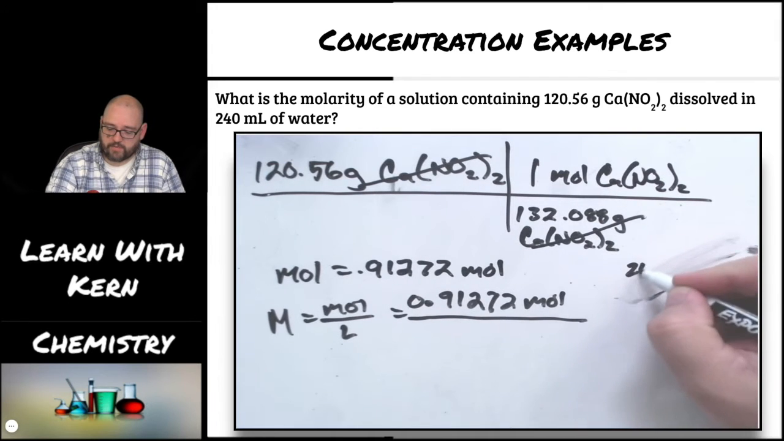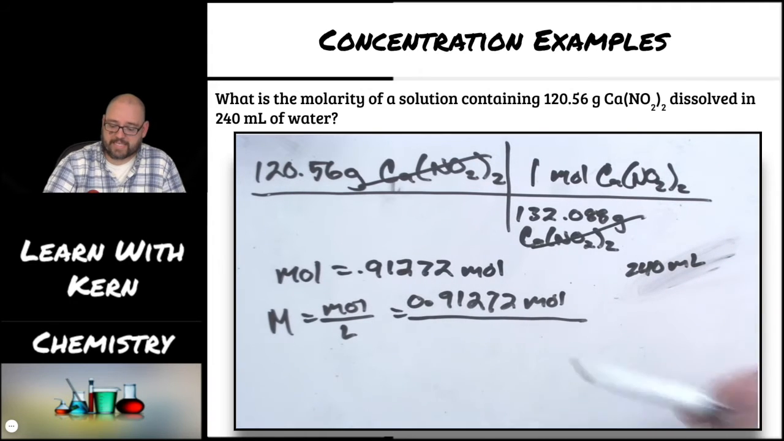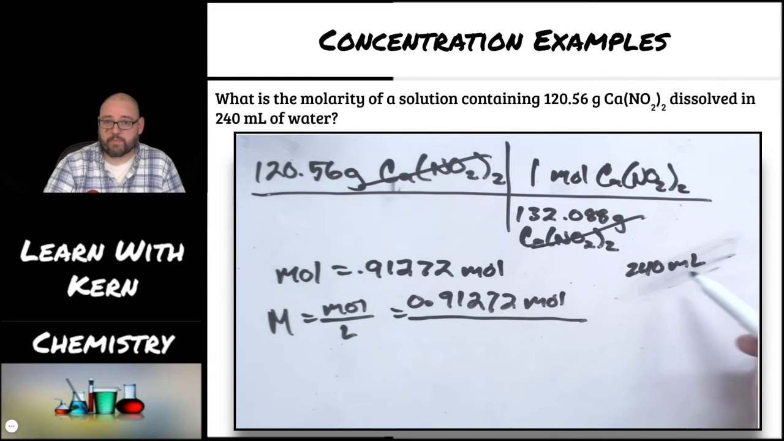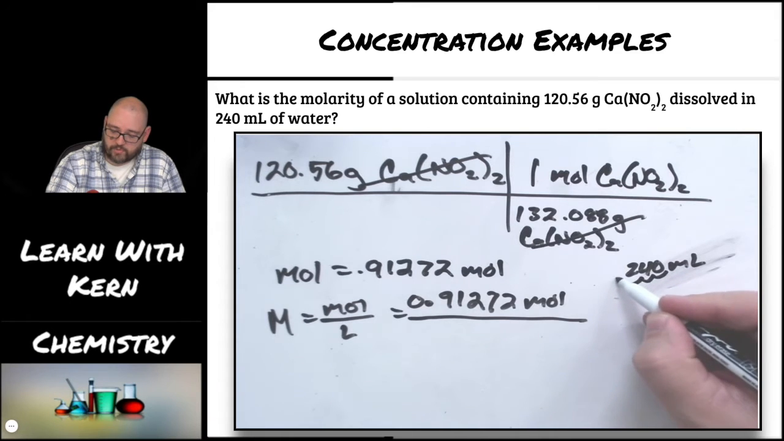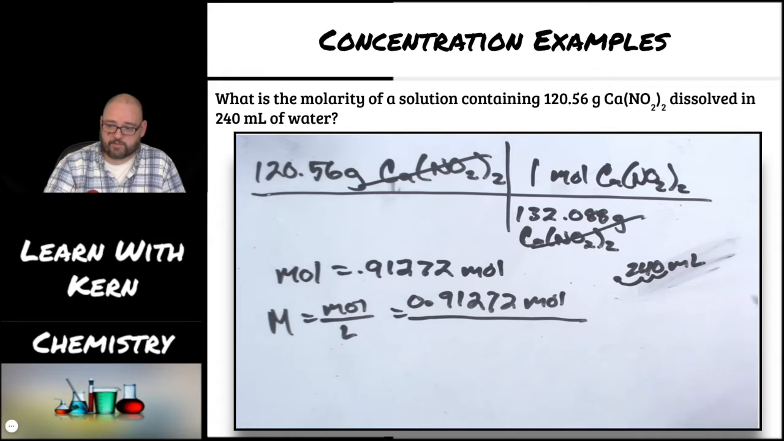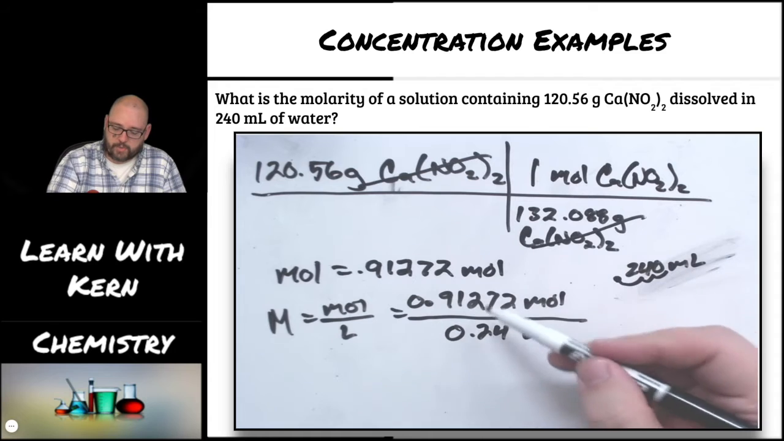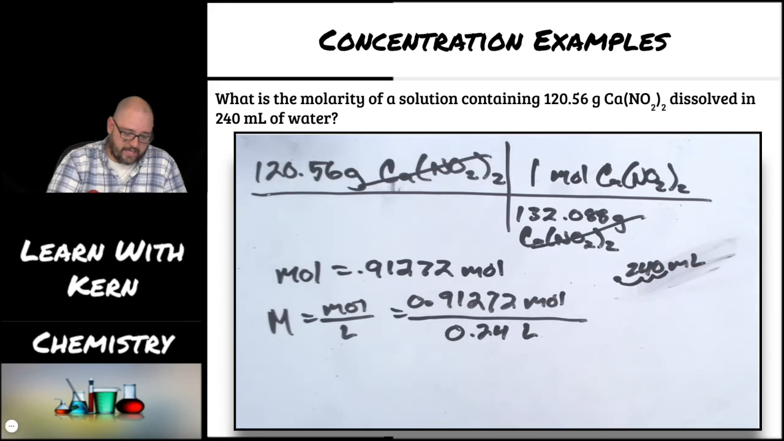I have 240 milliliters, but I need that to be liters because it has to be moles divided by liters. So 240 milliliters, well, my decimals right here, milli, I'm going to move to liters. I have to move the decimal 1, 2, 3 places to the left. So that gives me 0.24 liters. So I have 0.24 liters. So my moles divided by my liters, I now put this into my calculator, and I get an